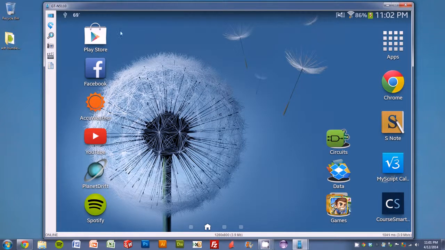The reason I'm not using an emulator is because the emulator is terrible. I strongly urge you, do not use the emulator unless it is your only option. Now, if you don't have any sort of Android device and you really want to get into development, okay, you're going to have to use it, but I would read some articles about how to optimize it and make it a little faster, because if you just download